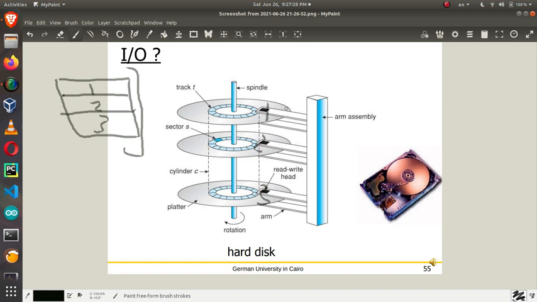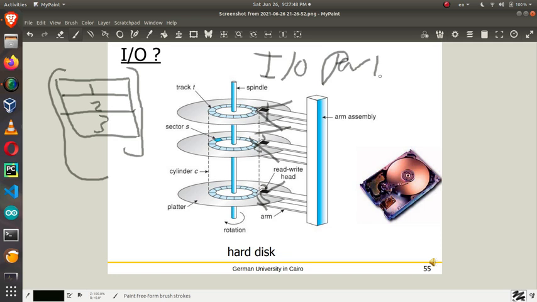All of them exist in the same sector across different platters, which means this arm can read the whole page, the 3 tuples, in a single IO. So IO, input-output operation, per block,